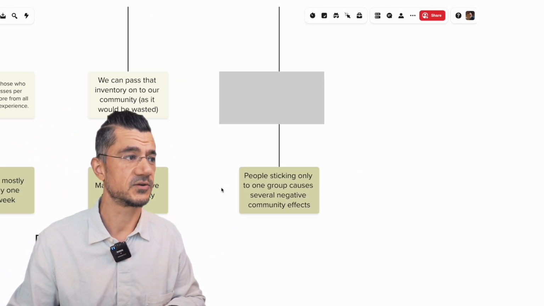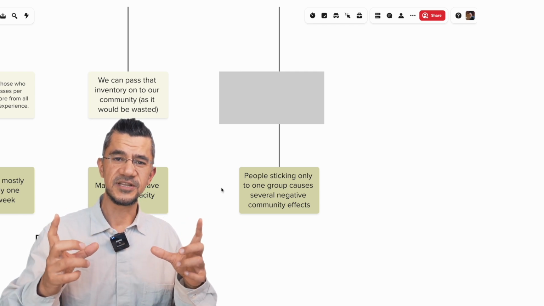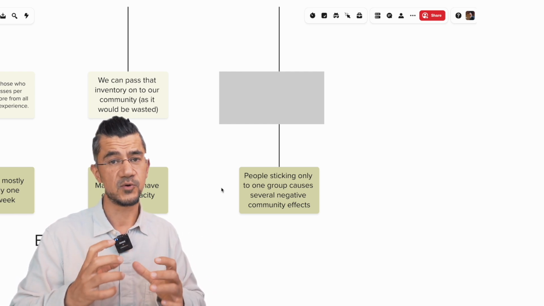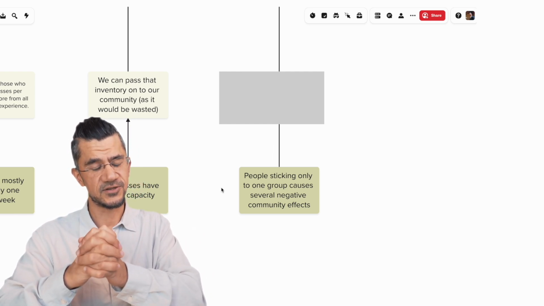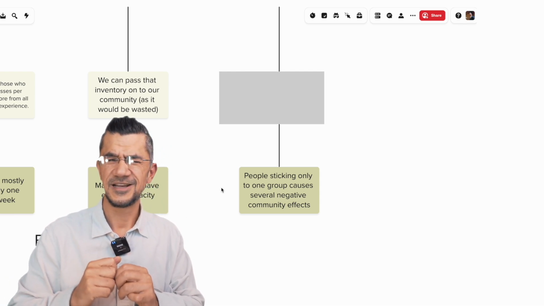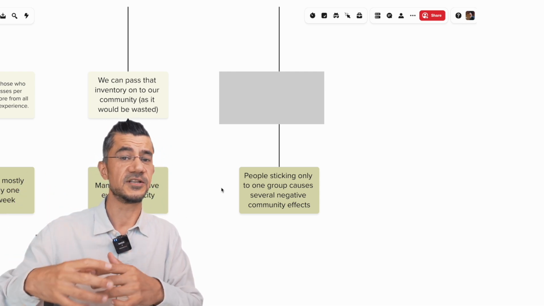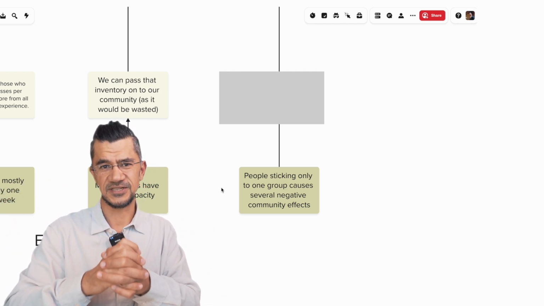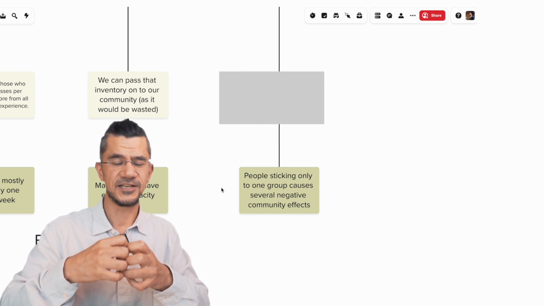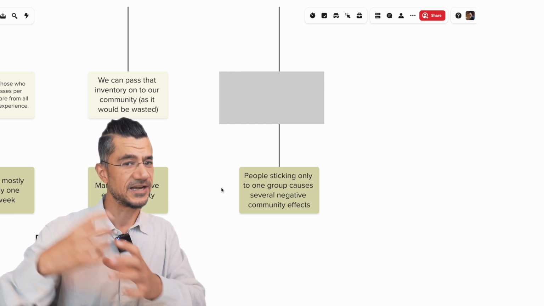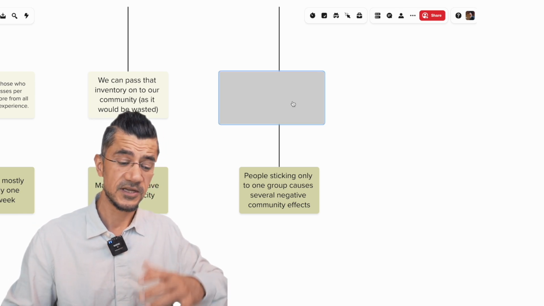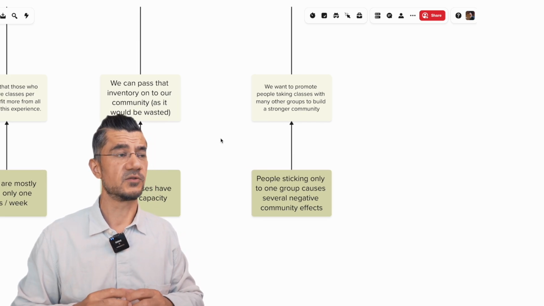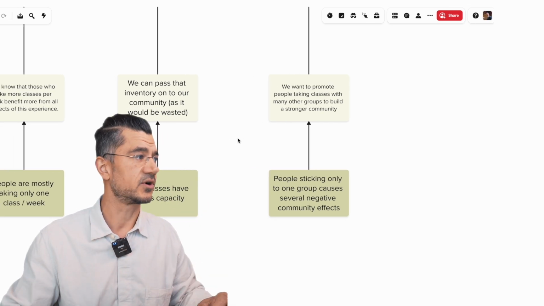The other thing is that we found the community to have many sub-communities. Basically, many cliques were forming of people who took the classes together. They stayed together. They didn't want to switch and go to the other classes. And also at the community activities like the social dances, they didn't want to dance with other people either. They just wanted to dance amongst themselves. So it became very cliquey. It became very elitist because the higher level people wanted to only stay with the higher level people. So these are all very common problems communities face, and we wanted to really promote people to spread out and take more classes.